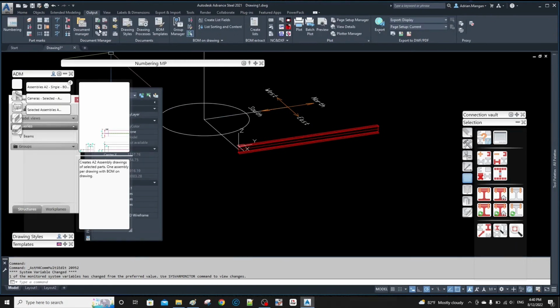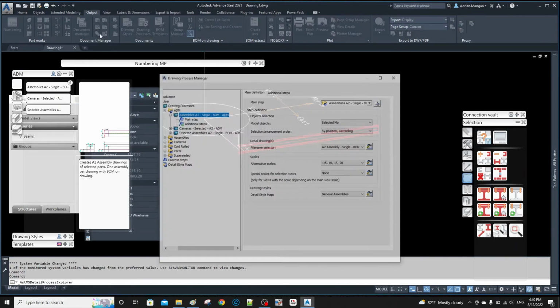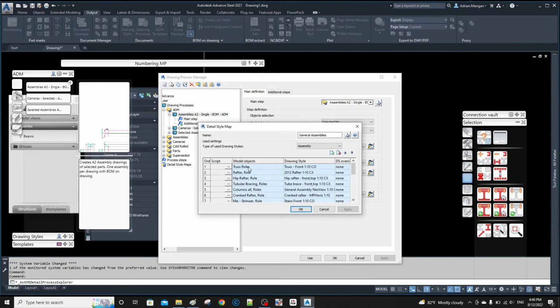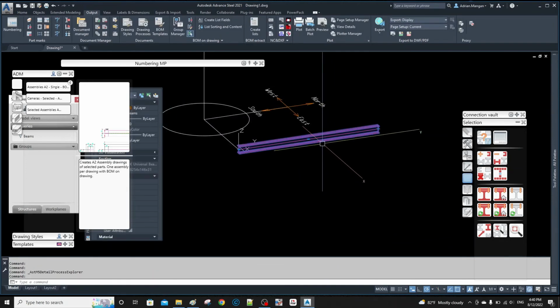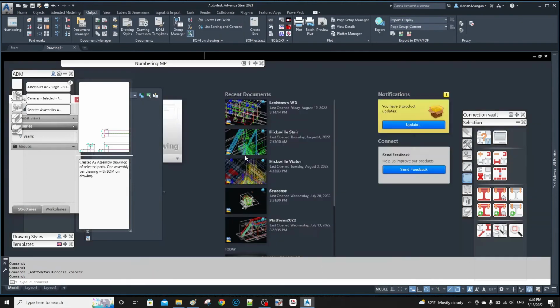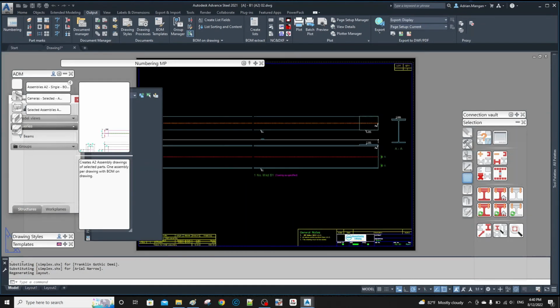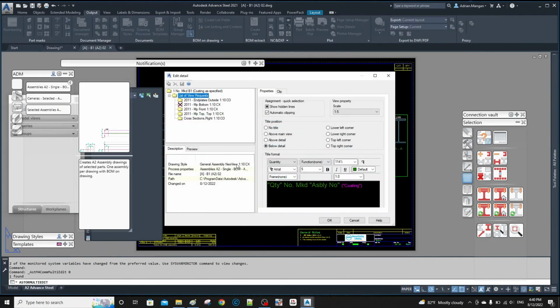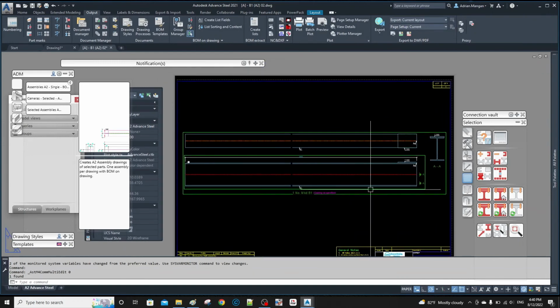let's go back again and we have to check that drawing process. Let's see what drawing style it's using. So if we come down here, let's see here what it's using. So let's come in. Let's double click on that. Let's see. General Assembly, New View. That's the drawing style. General Assembly, New View,